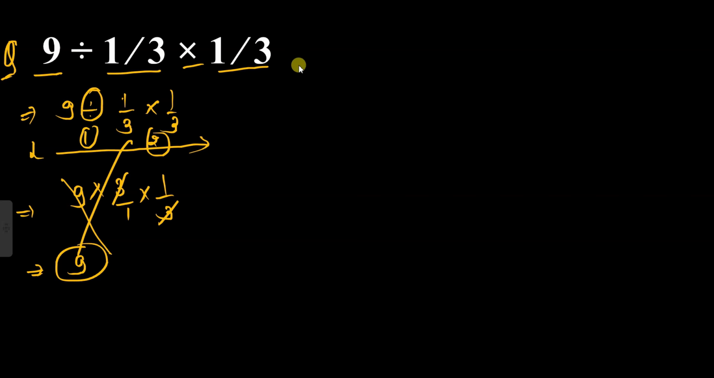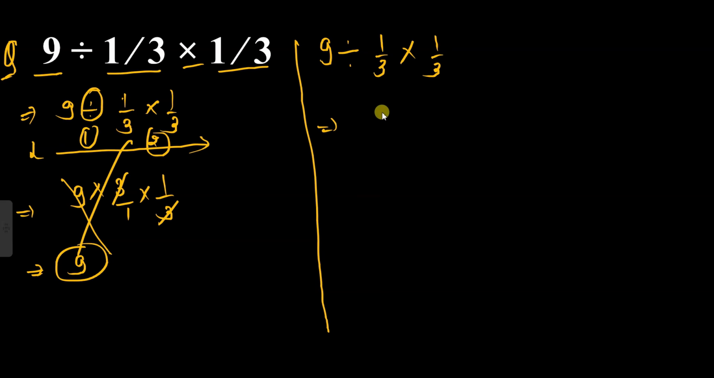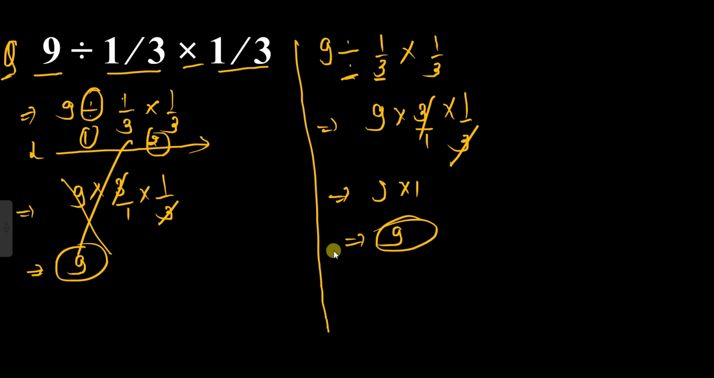First of all, let's rewrite the question. 9 divided by 1 divided by 3 times 1/3. When we solve it, we'll replace the division with multiplication and invert it. 1 by 3 becomes 3 by 1 times 1 by 3. 3 cancels out with 3, so 9 times 1. 9 times 1 is equal to 9. This is the